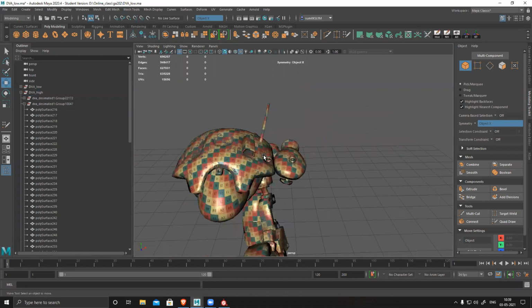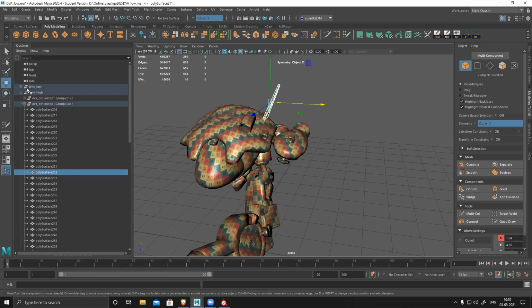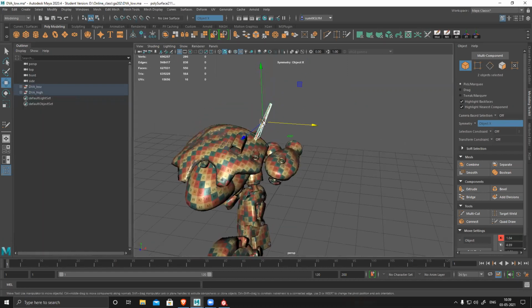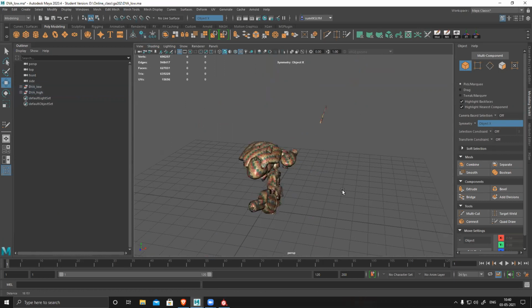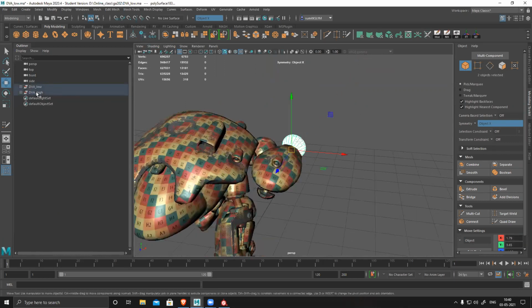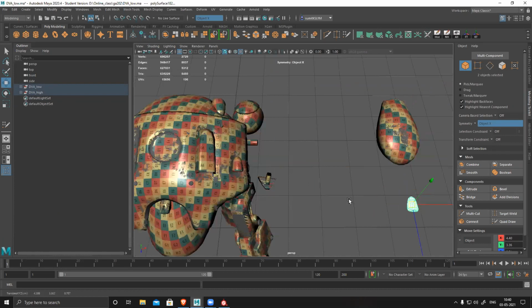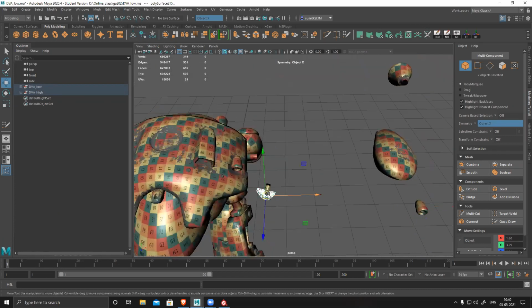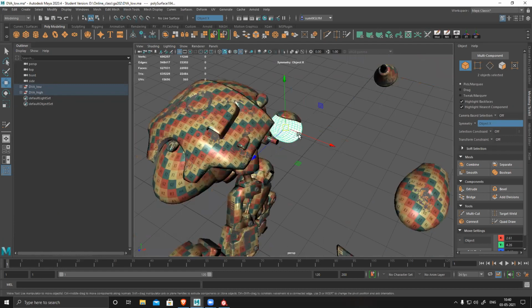So now I have to explode my model. I have separated all the parts and kept low poly and high poly together, and I simply move them. Select everything, center pivot. Now every pivot is centered. Make sure every time you select low poly and high poly together. Just make sure nothing is overlapped.